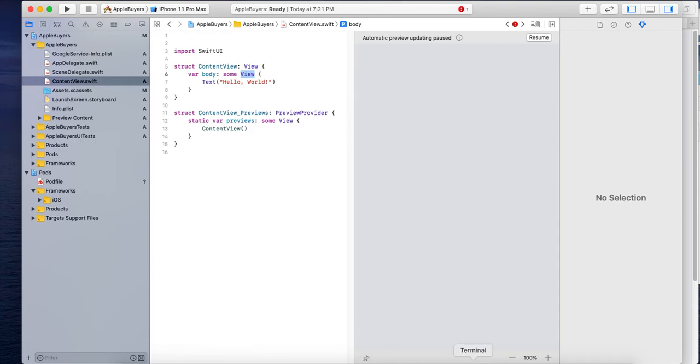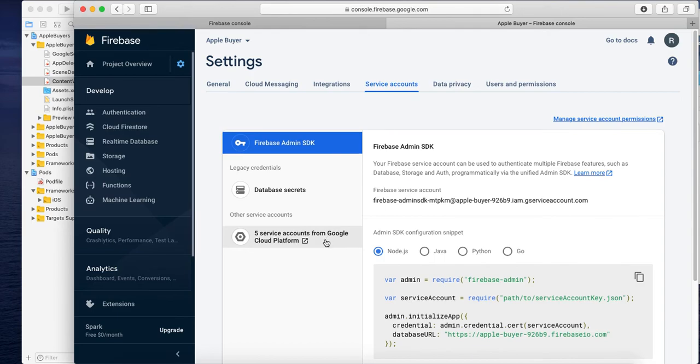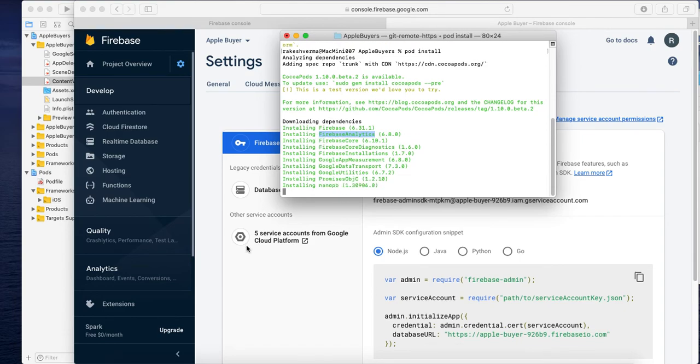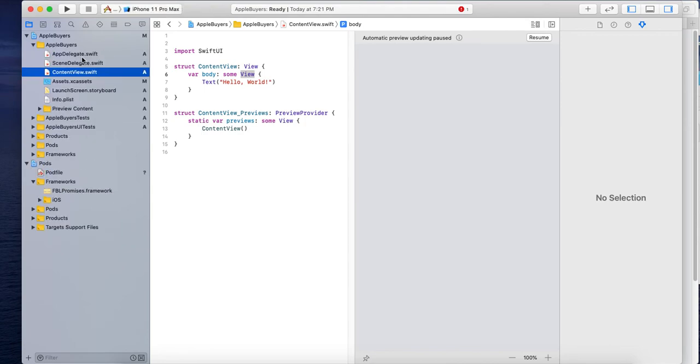So for today's tutorial, I want to show only how to set up Firebase on the Firebase console, install the Firebase dependencies for Xcode, and one more thing, to import the Google JSON file.